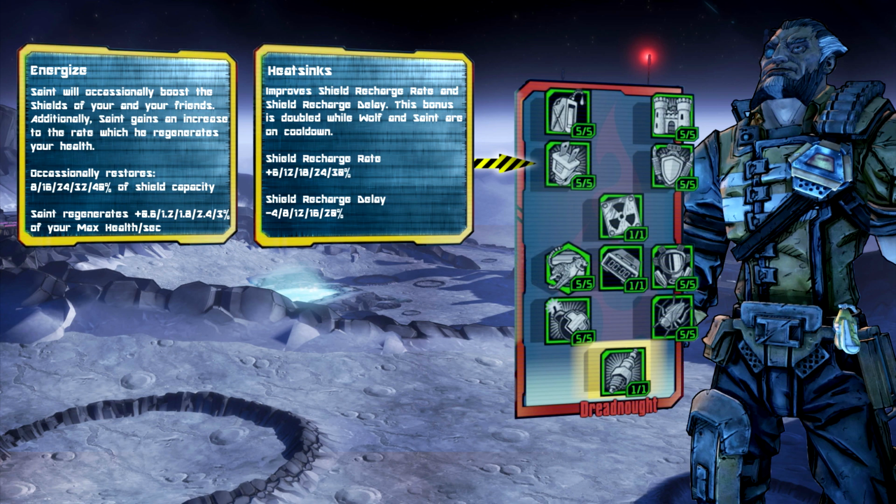you are a tank, so usually I'm tanking with health, but of course you can tank with shields, and having 30% more recharge rate and having minus 20% to the delay is, yeah, it's pretty good. I think it's pretty good, and